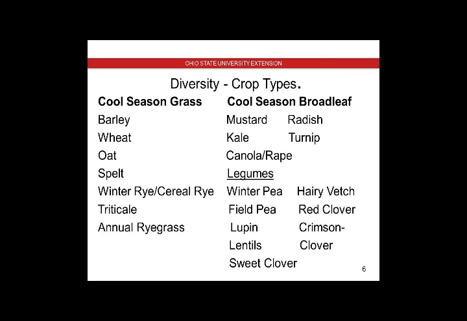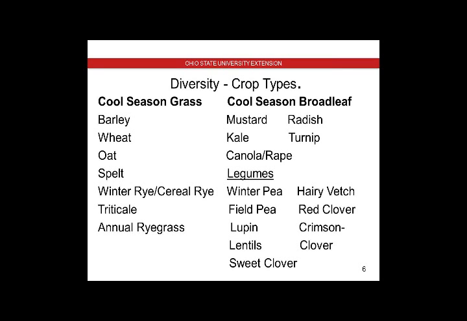We got the brassicas then. We have the mustards, the radish, the kale, the turnip. Again, in some areas, that mustard is considered a weed. Then we have the canola and the rape. Now the difference between rape and canola, rape is just basically a wild cousin of the canola. It's just a little tougher, and it tends to grow just a little bit better because it's not going for grain production. So sometimes it's a little more hardy.